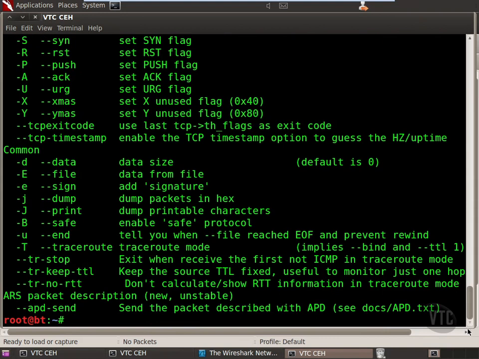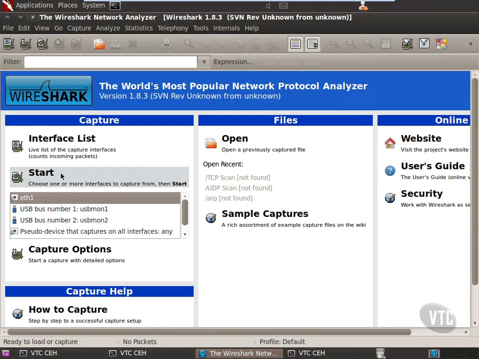So what I want to do now is go ahead and send a particular crafted packet to the Windows XP box, and I'm going to forge, or spoof rather, an IP address. Our actual IP address is 132, and we're going to send it from 150, and we're going to target port 135 on the XP box, and we're just going to send massive amounts of SYNs to that box. We're going to do a SYN flood. Now, in the meantime, we're also going to use Wireshark. Let me go ahead and start the capture here.